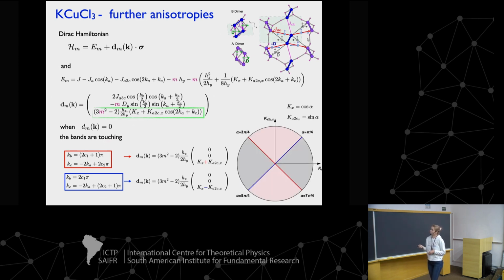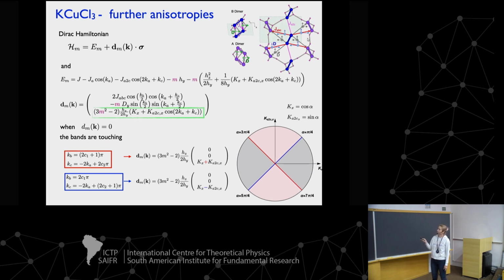For example, when the symmetric exchange anisotropy Kx is the same as the symmetric exchange on this magenta dimer, then this D vector vanishes along these blue lines, so here we have a degeneracy. Similarly, if they have opposite signs, then we will have a degeneracy